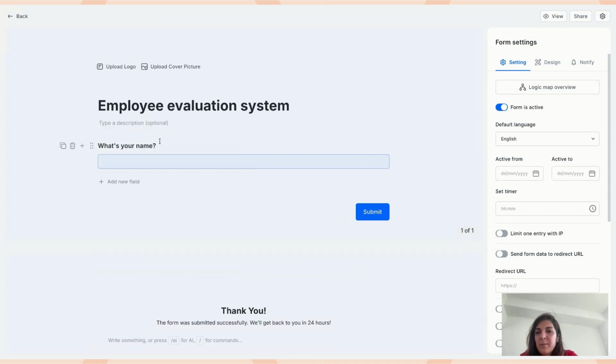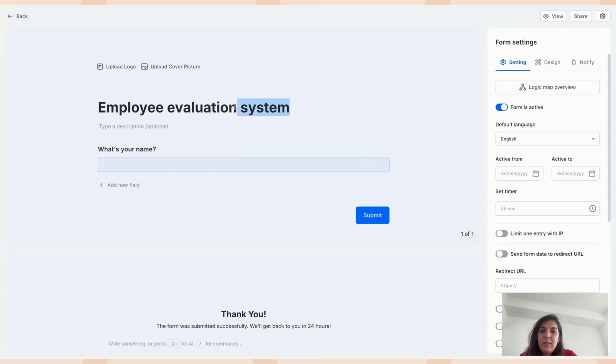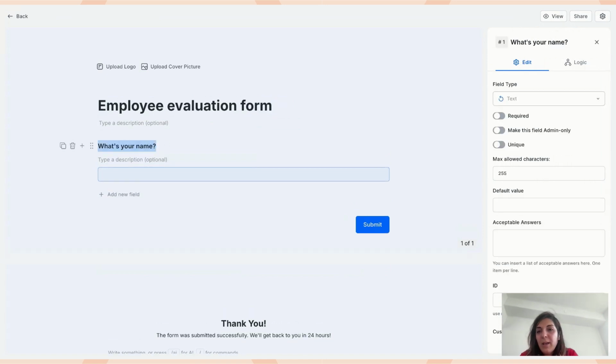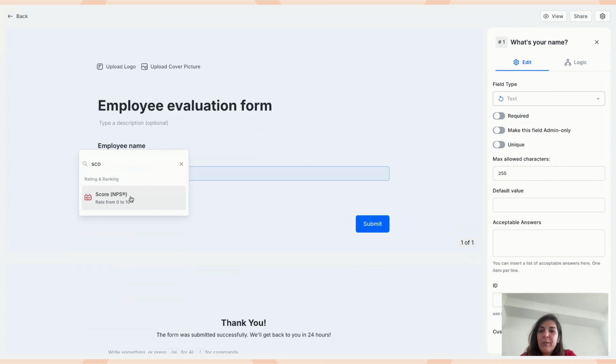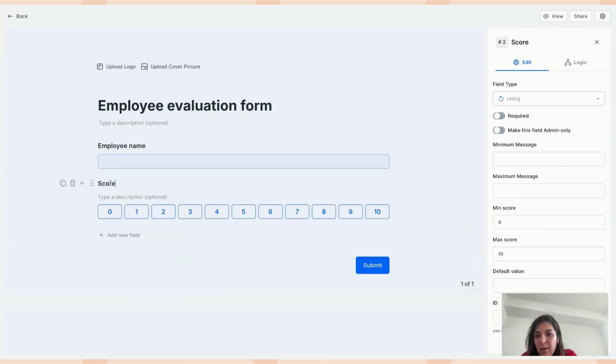It's an evaluation form because it's going to be a form. Let's say we ask for the employee name, maybe their employee ID, and different information about the employee, their email and stuff. And next, let's ask for the performance. And maybe we want to have a score field, NPS score, and let's say